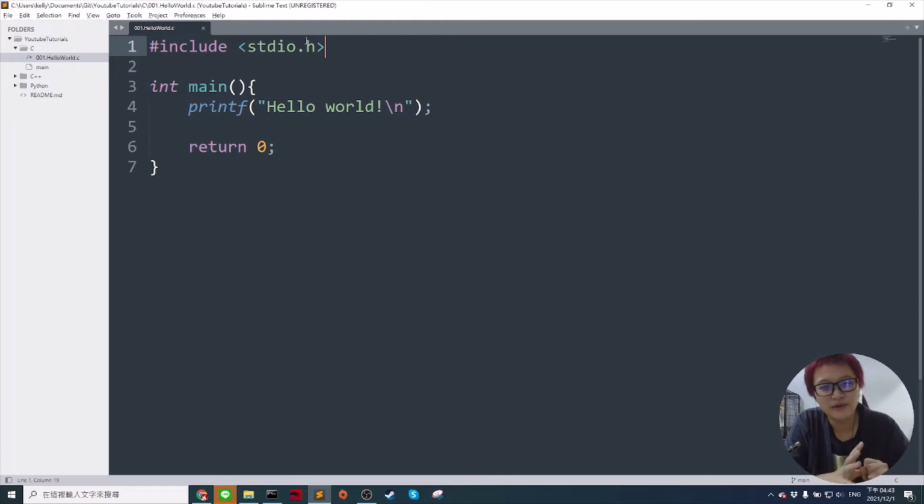I will talk about the header and source code in many classes later. A header usually includes the definitions of the functions you may use,